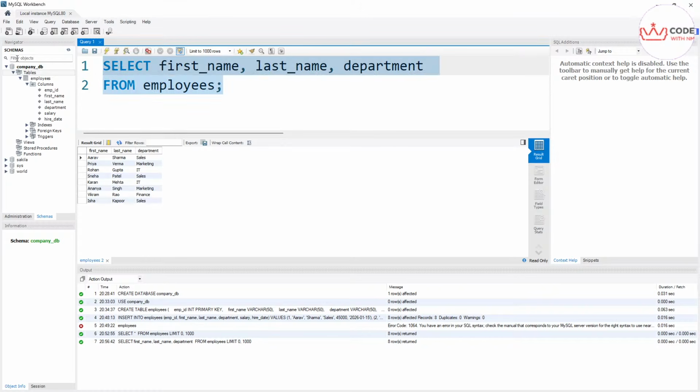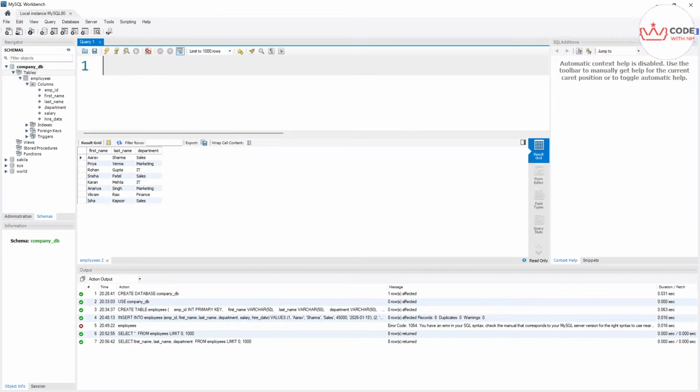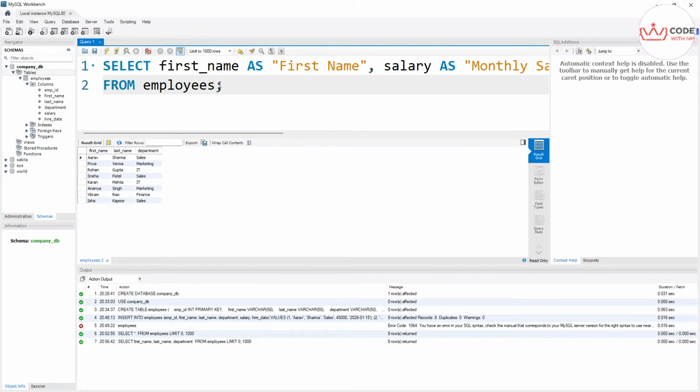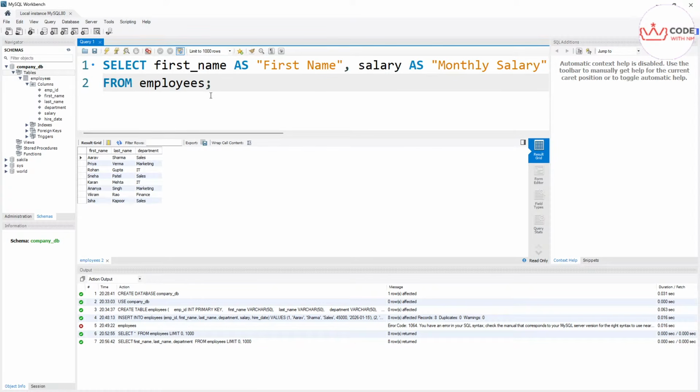Okay, so let me remove this code. First, we need to select the column, and then we will rename it. The query is very simple. The query is: select first_name, which is our existing column name, as First Name. I'm changing it to this, and comma, then salary as Monthly Salary. And we are doing all this inside our table, employees, from employees. Now if I execute this,